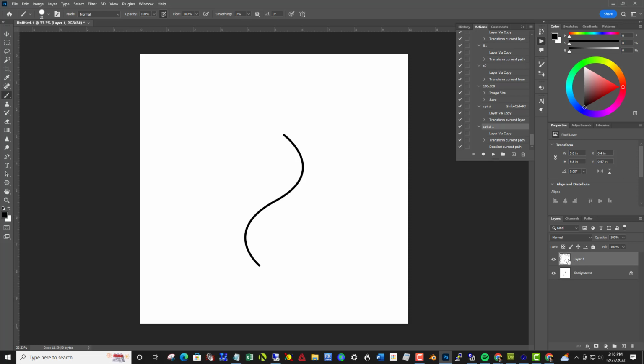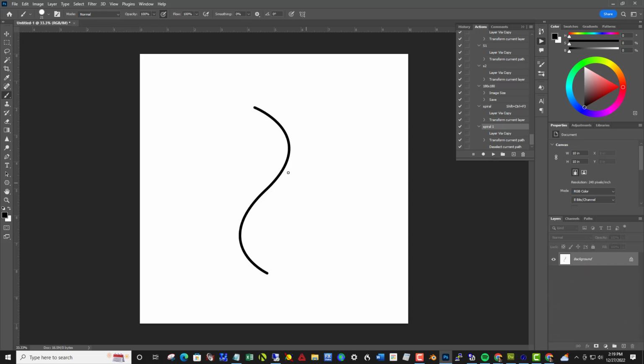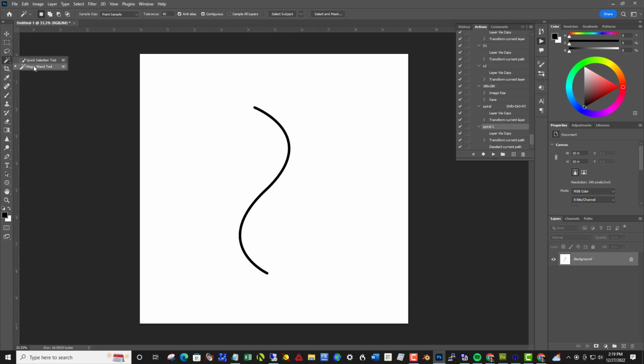What's happening is I copied the entire canvas here. I stroked it on the background, and that's why it didn't do what I needed it to do. So if that happens, I'm going to take the magic wand, which is hiding as the fourth tool down on the bottom, click on the black line to select it, copy it, Control C, paste it, Control V,